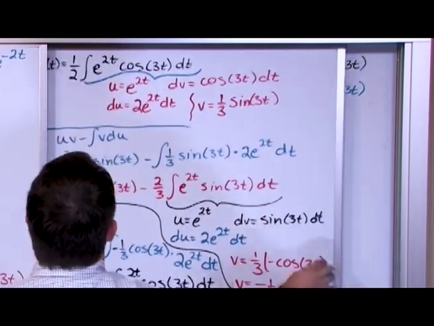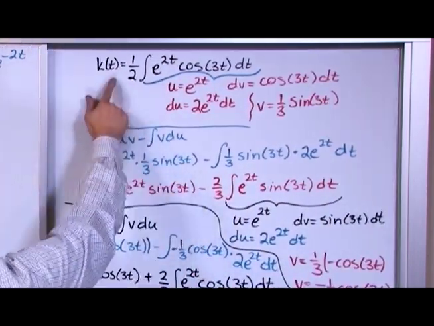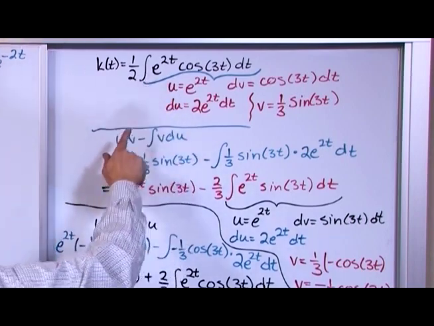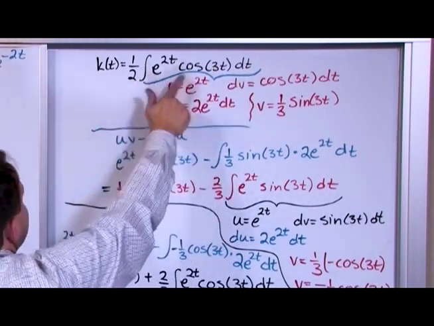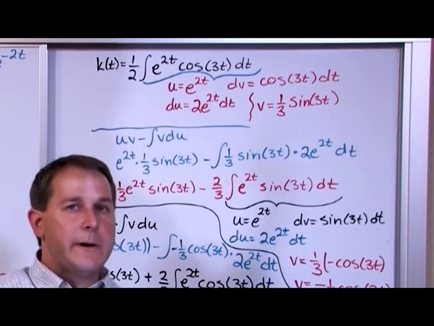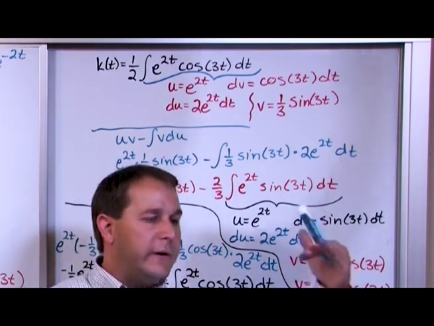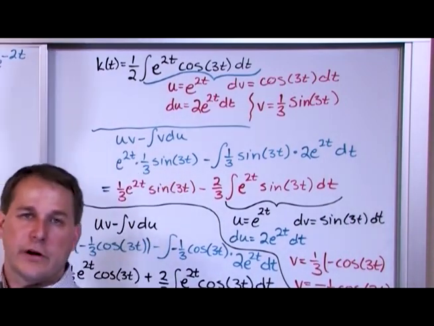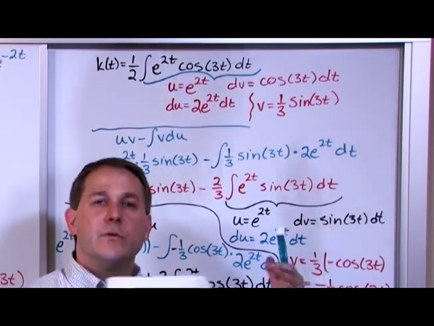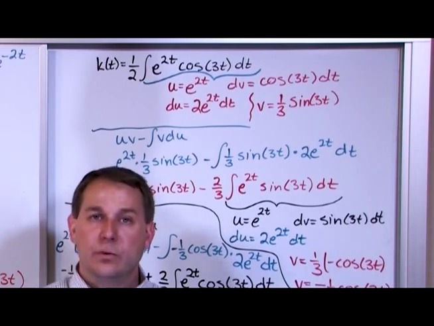And this integral is actually what we're trying to solve for. That integral that we just found is equal to this integral that we were trying to calculate. Even though integration by parts seemed to fail at first, it actually succeeded because once we did it twice, we realized we had the same integral on the right-hand side. We combined them, so now we know what the value of that integral is equal to,